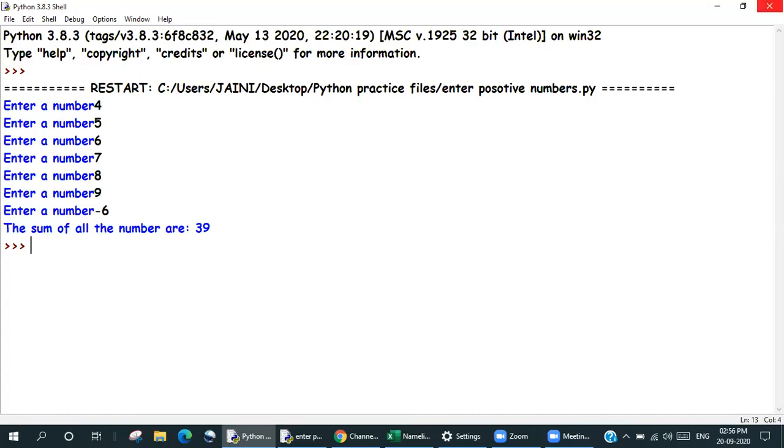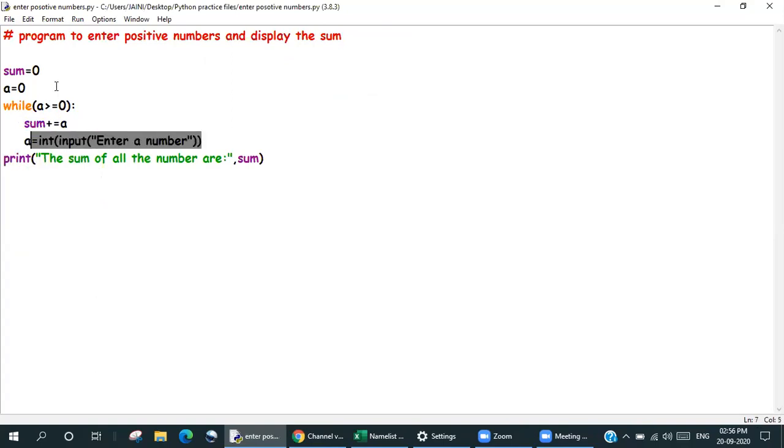So this program can be done in many ways. It is possible that you take this input outside the loop and then you go inside. But I would prefer to take it inside the loop because I want that every time we are taking an input from the user, we are going to check for the value. So of course, taking it outside the loop will not serve the purpose because you will not be able to check. If it's inside the loop, you know that set of information is going to be done repeatedly. All right. So this was the program.